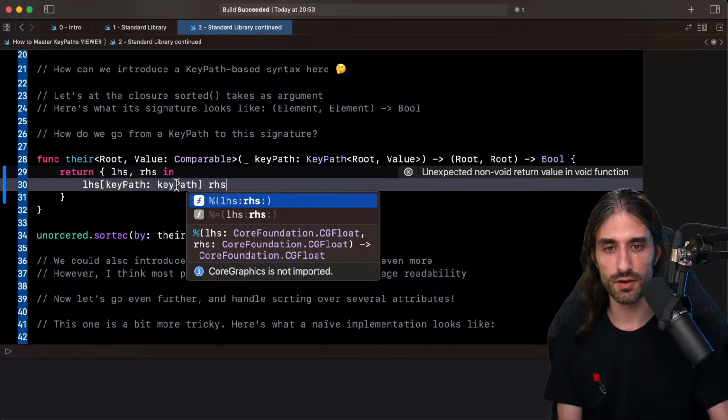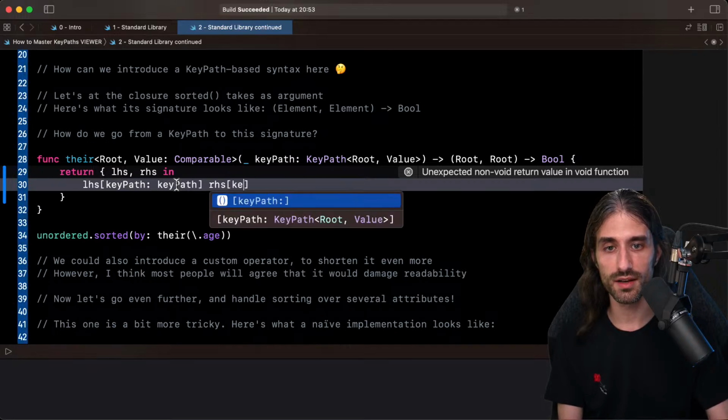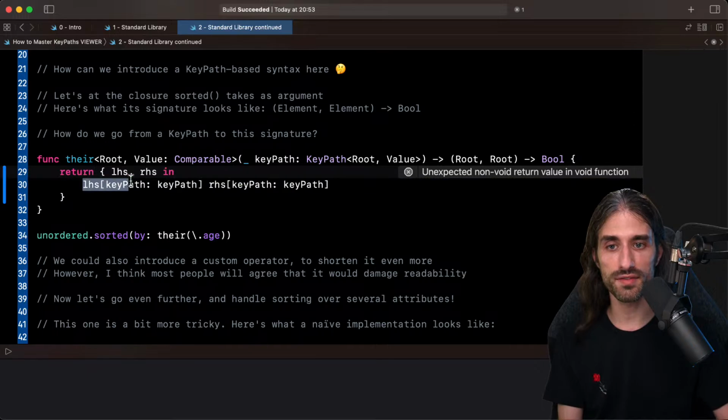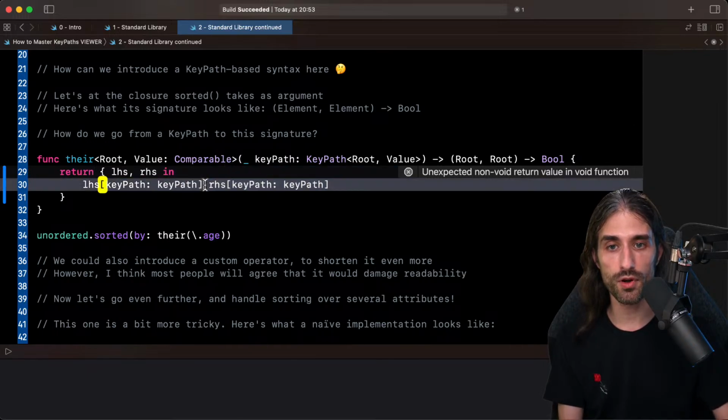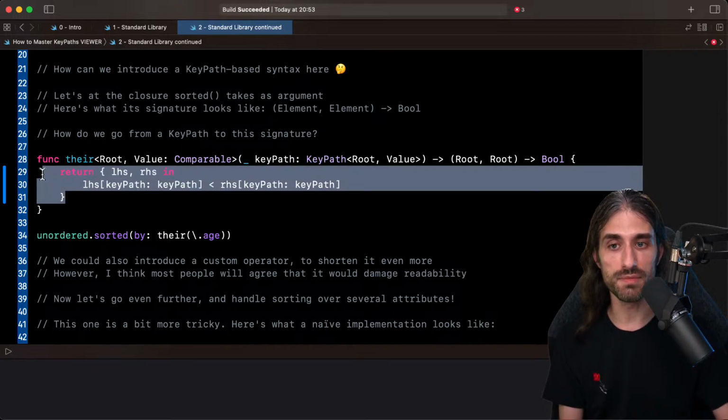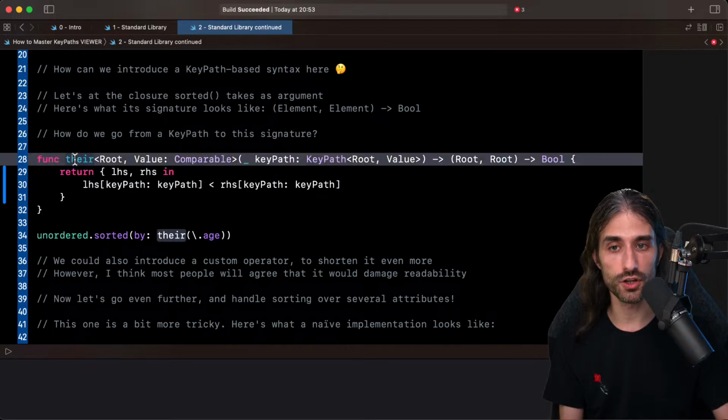We do the same thing for the right-hand side. We pass in the key path also. And so we now have our 2 values that are comparable, and we can use a comparison operator to compare them, which will return a Boolean. And that's it. We've written the implementation of the function.